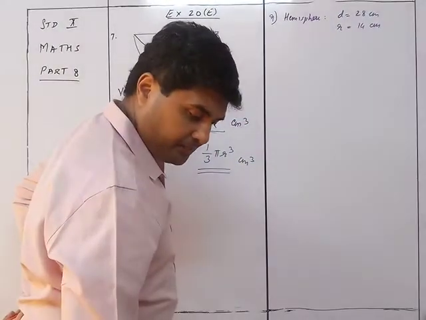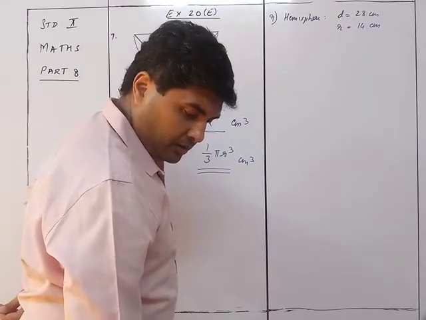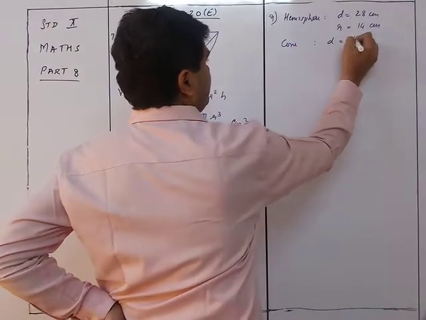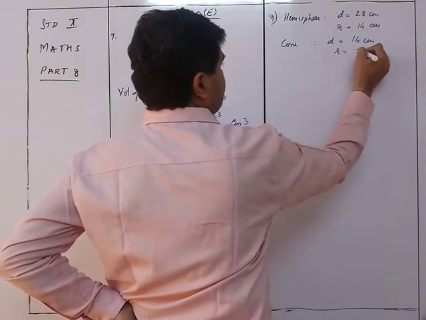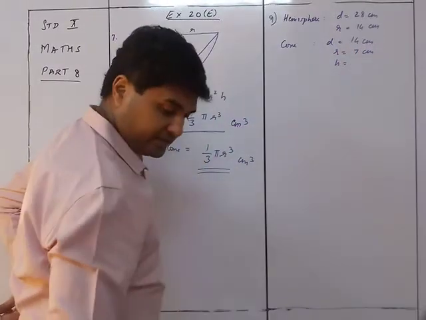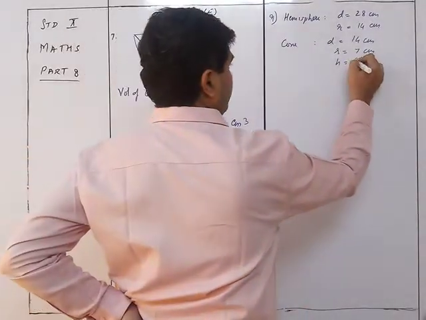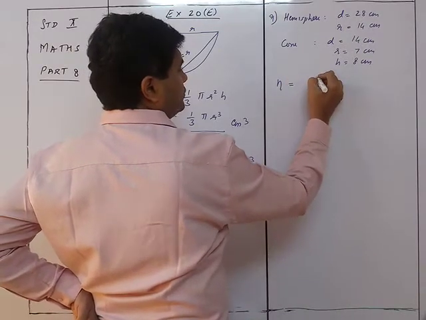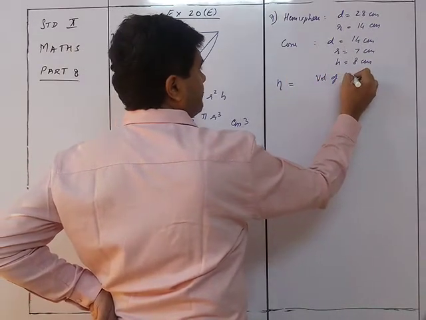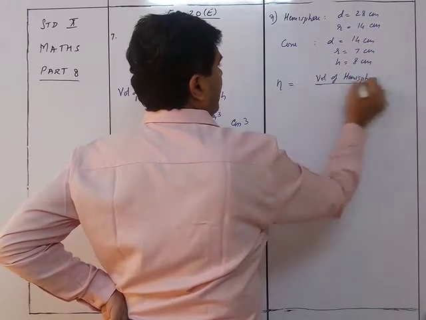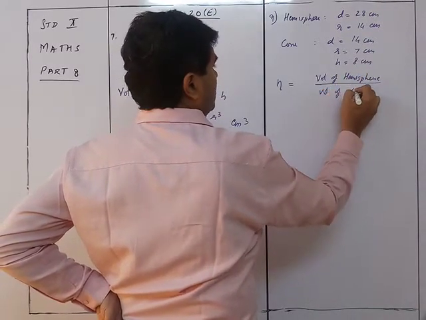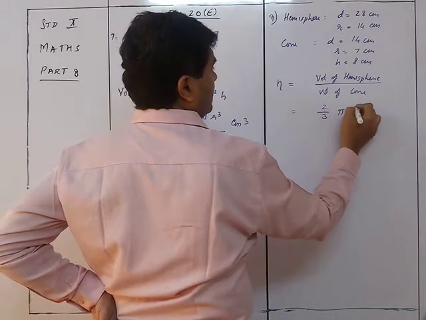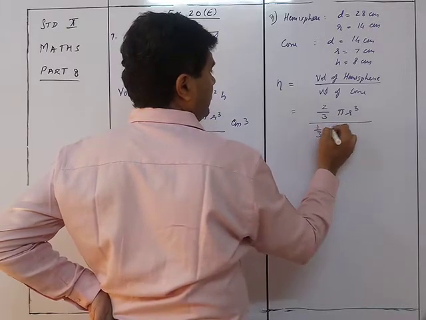Then for the cone, the diameter is 14 centimeter. So radius is equal to 7 centimeter. And height of the cone is given to you as 8 centimeters. We know that the number of cones that can be formed is n, equal to volume of hemisphere upon volume of cone. So volume of hemisphere is 2 upon 3 pi r cube upon 1 upon 3 pi